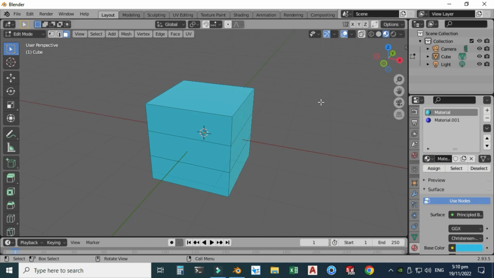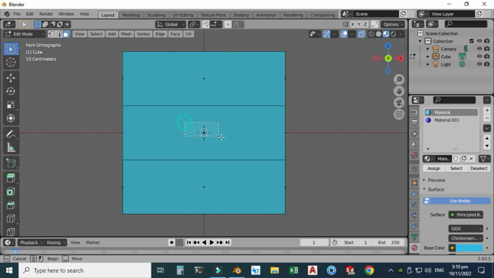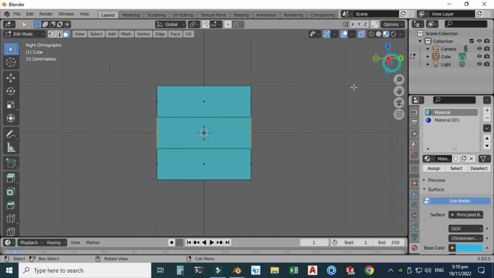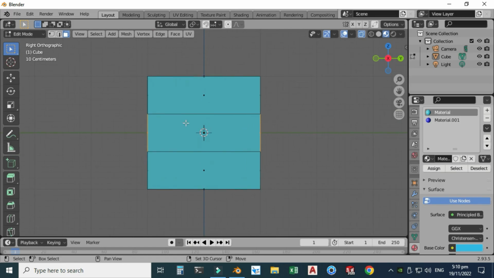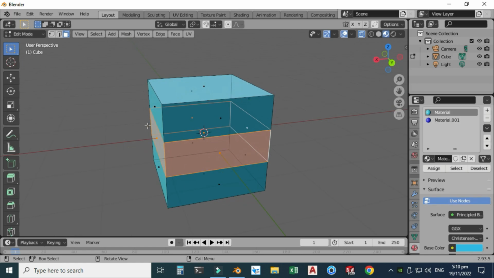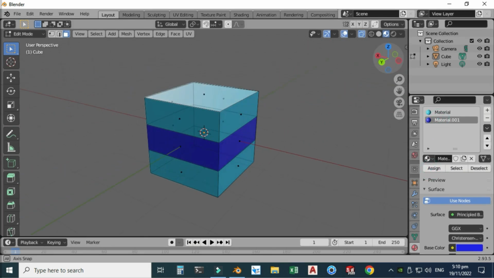I will press Alt Z, so that I will convert this preview to wireframe, and I can select these backward faces as well. So press Alt Z, I will select this one, and now you can see that I can select this back face as well. Also hold Shift key, and I will select this one, and now you can see that I have selected this loop. So I'll go to this material that we have just created, and I will assign, and now you can see that 2 materials are applied.